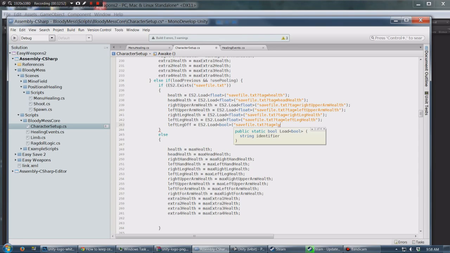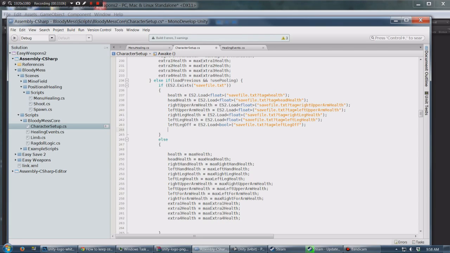But it would actually be leg off, because it would be left leg off. And so you're going to pass this bool on, and then you would need to write a switch, or you